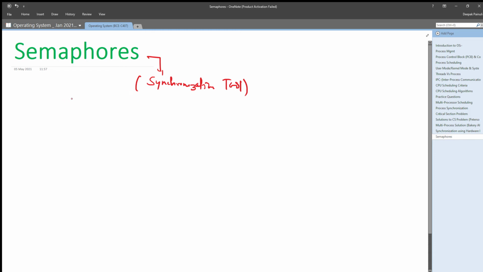And semaphores are a type of integer variable. It is nothing more than an integer variable